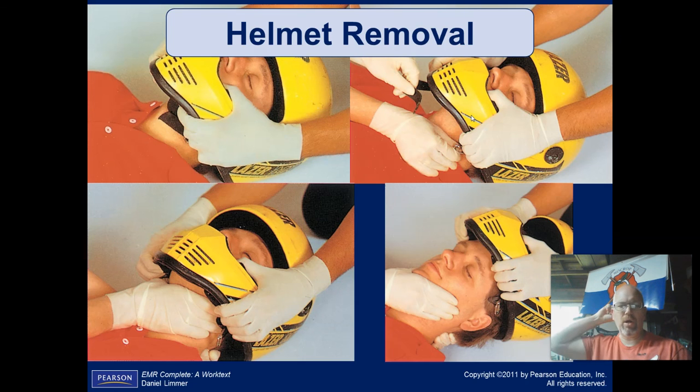Problem is, though, that helmet always tilts your head forward. So when you do have a mountain biker who's down, a biker who's down, a road cyclist who's down, that helmet needs to come off. It's not hard. Disconnect underneath the chin, put your hands around the head, somebody pulls the helmet off, and we've got it taken care of. Though every helmet has its purpose and its design, and we need to know how they work. These are the three basic types of helmets that we'd have to deal with.